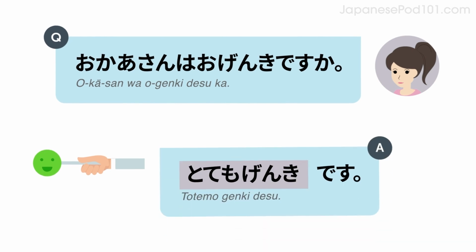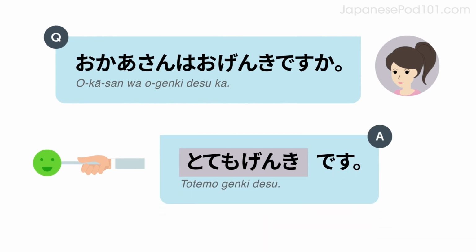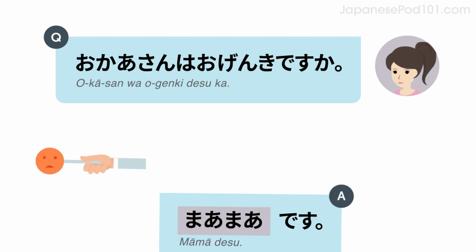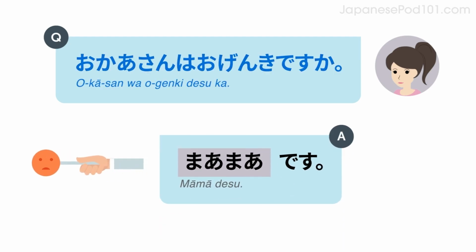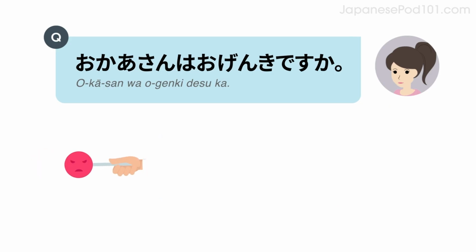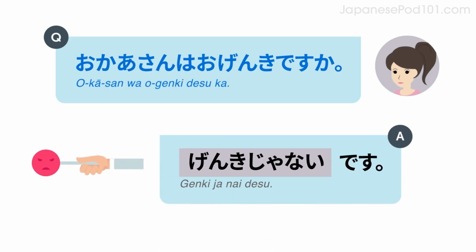Let's look at some examples. Listen and repeat or speak along with the native speakers. お母さんはお元気ですか？とても元気です。お母さんはお元気ですか？まあまあです。お母さんはお元気ですか？元気じゃないです。